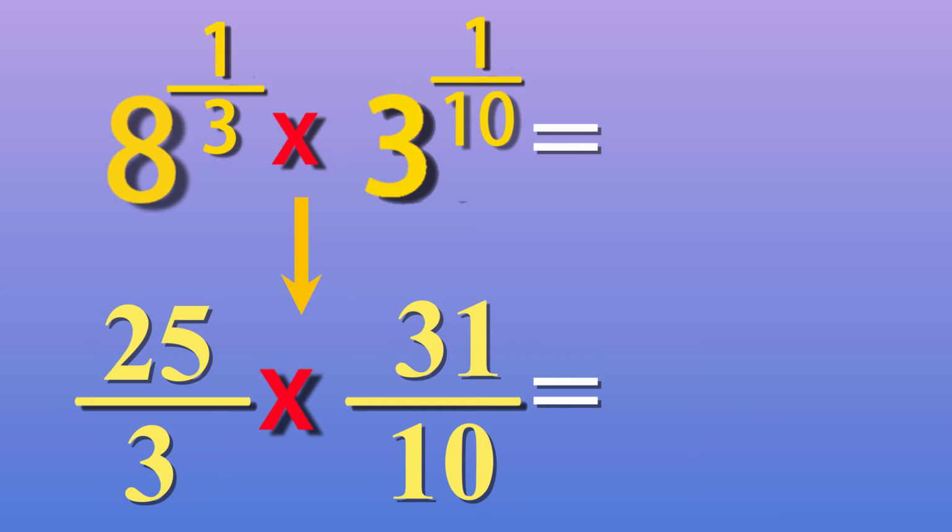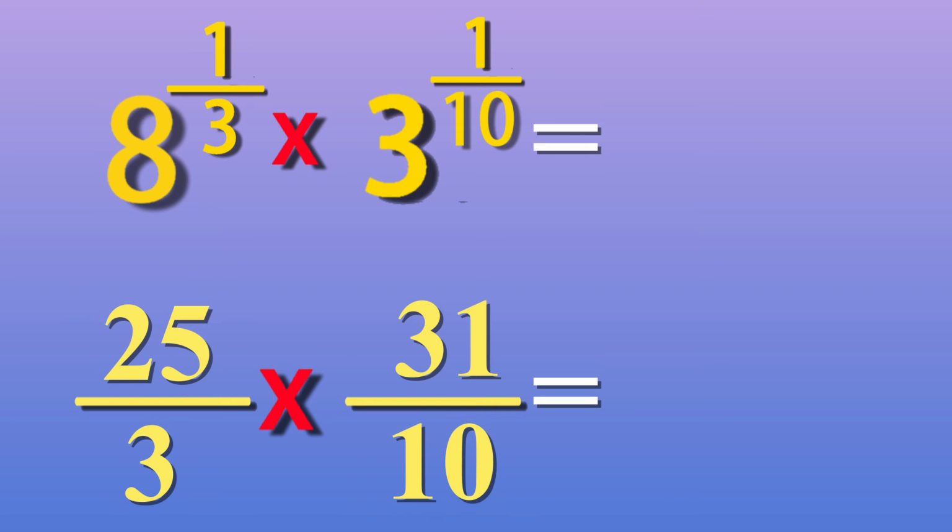Now for step 2, we need to multiply these fractions. But notice that our numbers, especially the numerators, are quite large. Multiplying numerator by numerator directly is a bit difficult here. But you can make this a little easier by simplifying the fractions using cross cancellation before you multiply them. We can do this by checking if the right-hand side numerator and the left-hand side denominator share factors, and if they do, we divide both by the highest common factor, and we can check the opposite. In other words, if the left-hand side numerator and the right-hand side denominator share any factors, and if they do, divide both by the highest common factor.